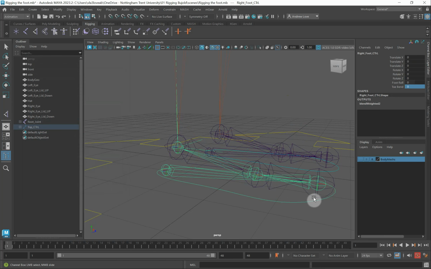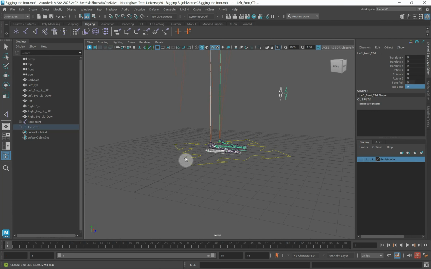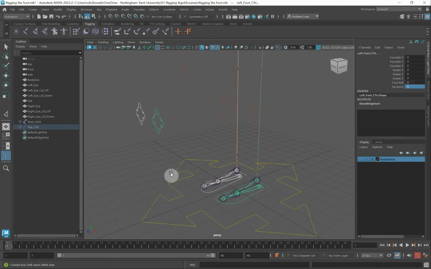One of the advantages of calling them the same thing is if I shift select, I've got both of them. Because they're called the same thing, you can drive them both simultaneously, which is nice. And then we've got both toes at the same time if you want to. And that is how you set up the legs and feet, except for the fact that